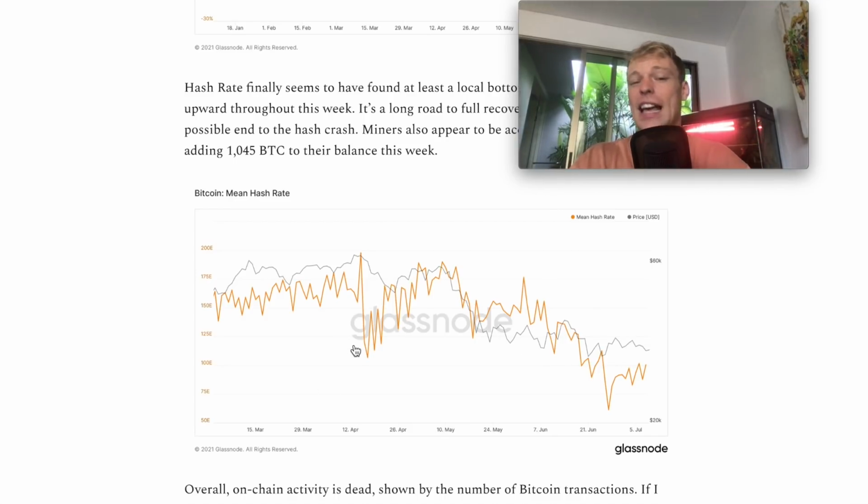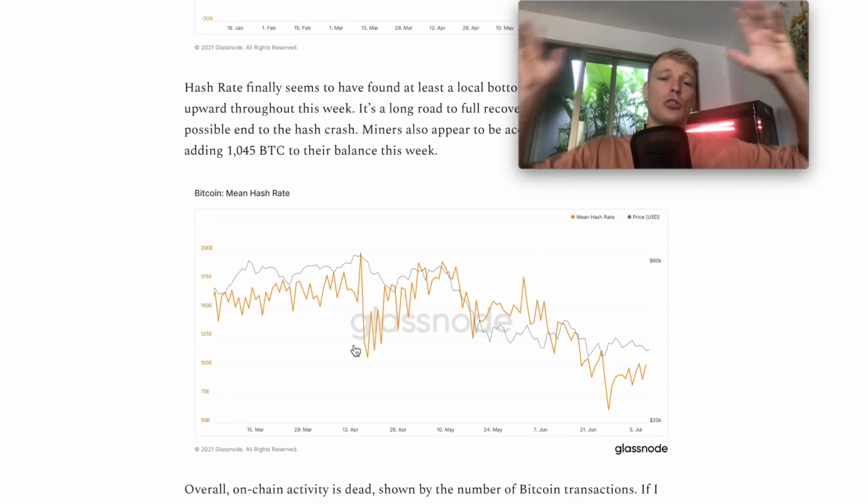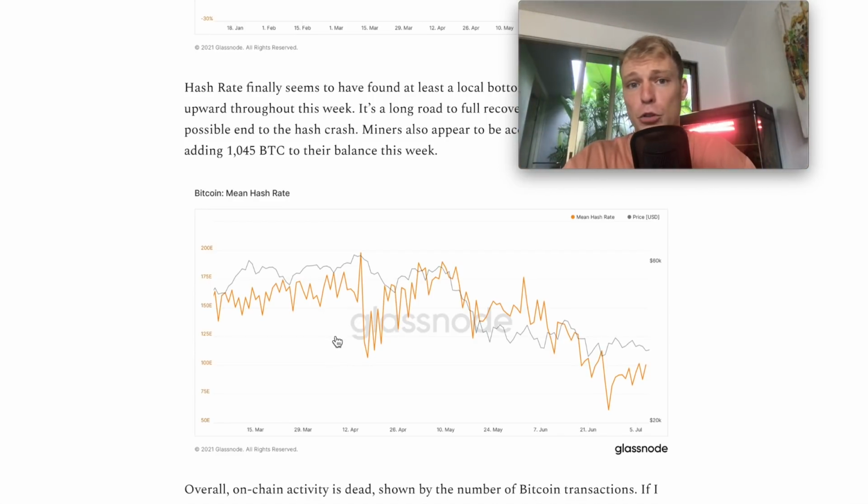And yeah, the hash rate has seen quite a drop, and there's a lot happening right there. We had this mining ban going on in China, right? These miners had to move to other places. I think most of them went to the States. But yeah, we have seen quite a drop in the Bitcoin hash rate, which is technically a bearish indicator, because